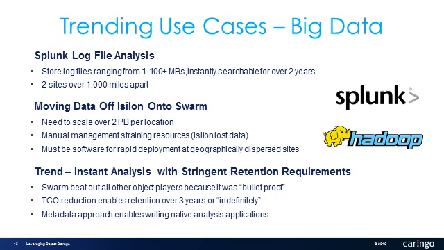And then another interesting one is around big data. One of our customers stores log files from Splunk, and they used to move those data files off onto Isilon, and they were just finding that Isilon was reaching the limits of the speed and the capacity at which they needed to move those files and then re-access them. So the swap here was from Isilon onto Swarm, and really what they accomplished was they reduced their total cost